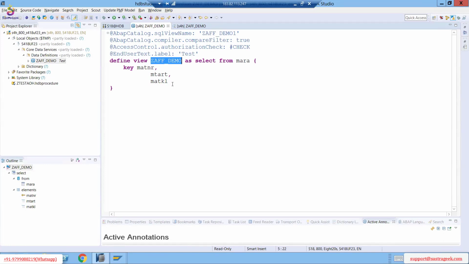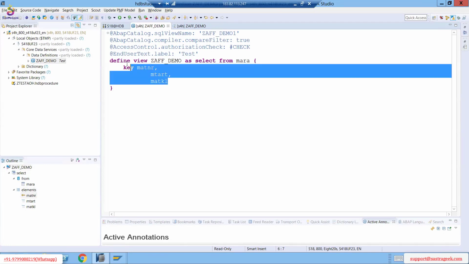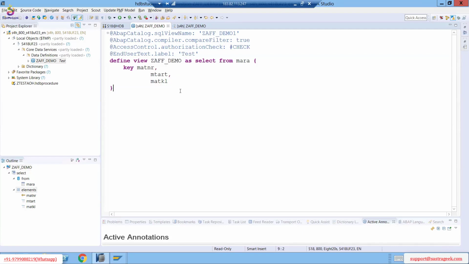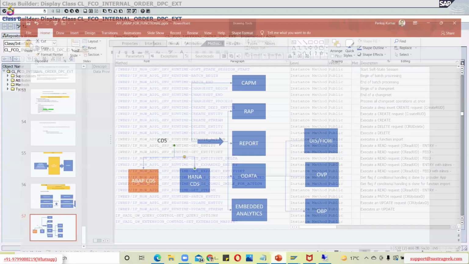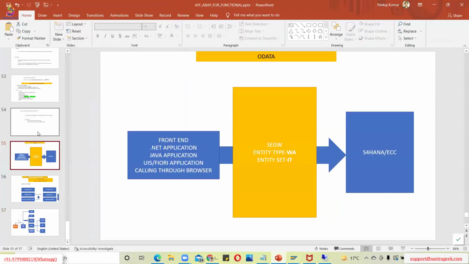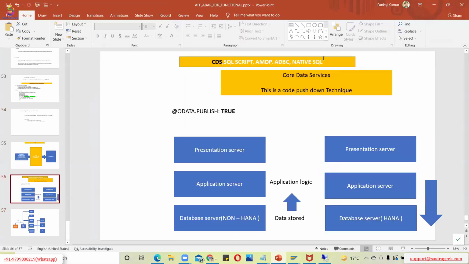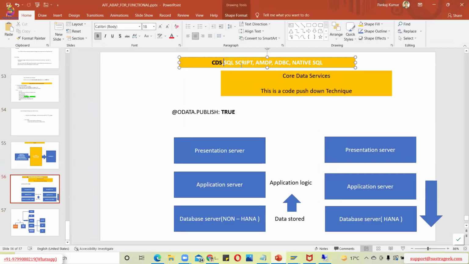You are pushing the code down. You can write the concatenate statement. You can write case and when statement, as we have seen in the new OpenSQL, right? Do you remember? New OpenSQL is also one of the very powerful code push down techniques. After the CDS, we use new OpenSQL, the one which we have learned